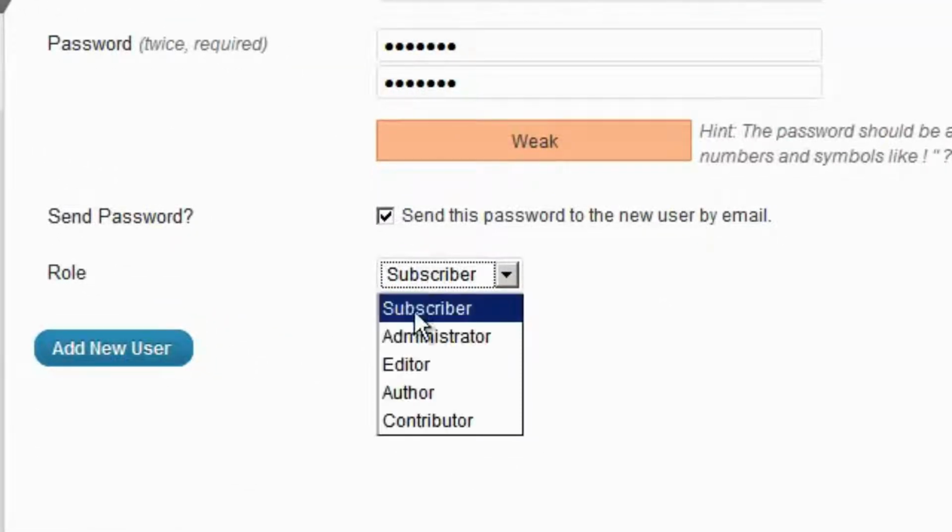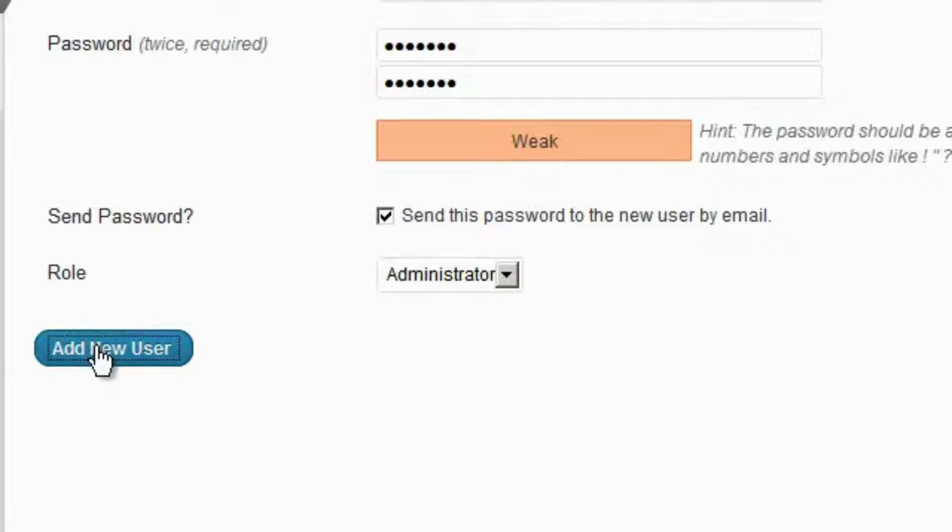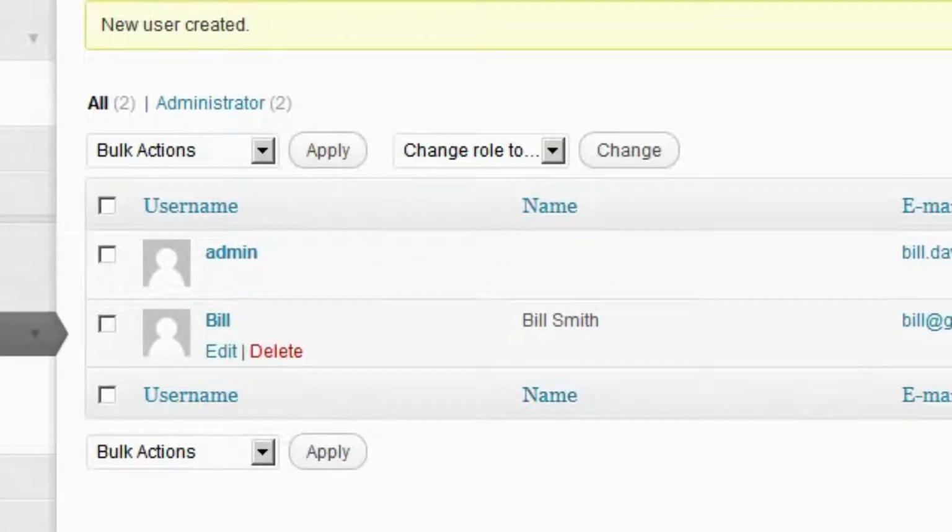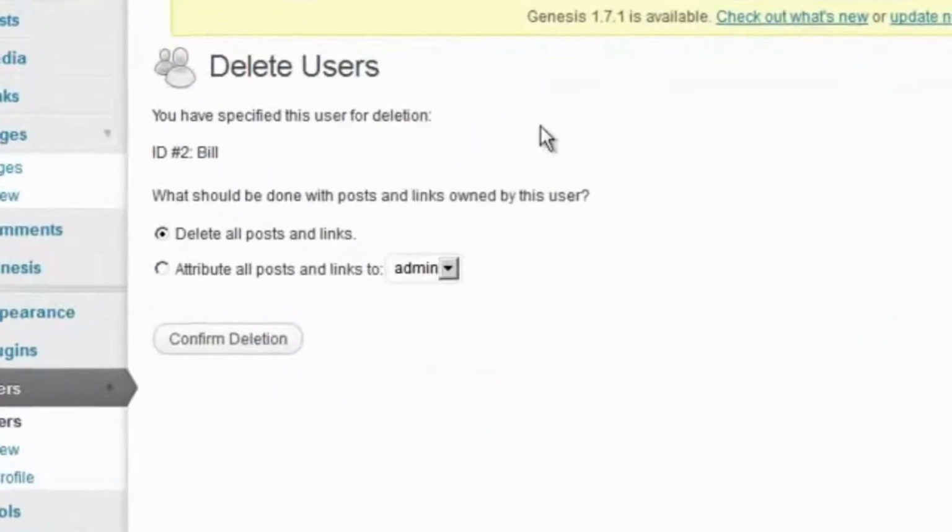All right, so we're going to make this person an admin, and then you just click on add new user, and you can see there that the person is here. For now I'm going to delete this user. And when you delete a user, you have a choice. You can delete all posts and links that user's created, or you can attribute any posts and links that user created to another user. In this case, the only other user is admin. But it doesn't really matter in this case because that user never really created any kind of content. So then click confirm deletion,